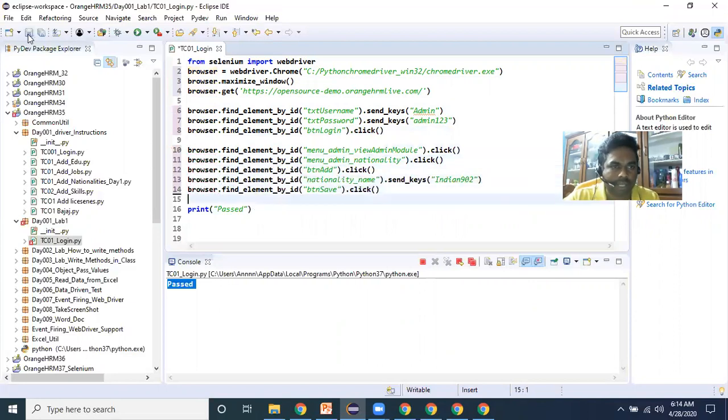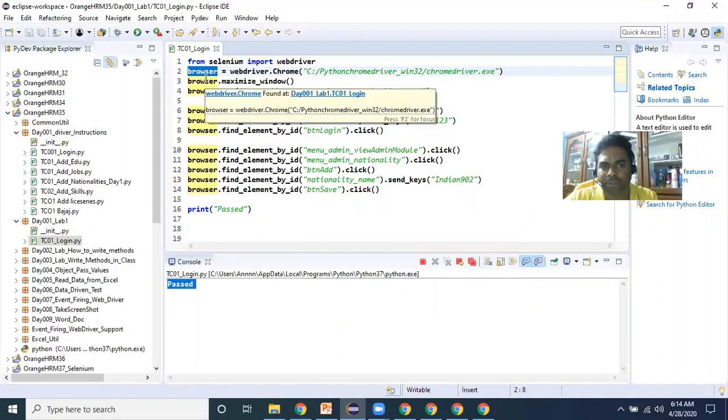Just click on save. So instead of writing driver, you can also write browser. You can create the object name whatever you want, but you need to follow the same name in all the remaining lines of code also.